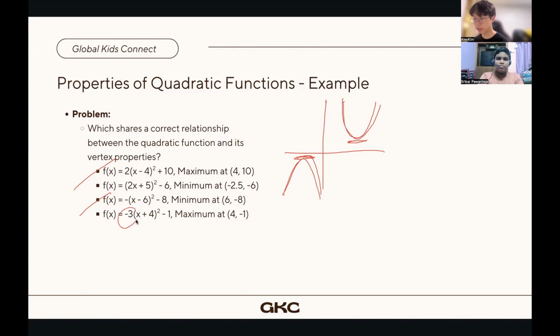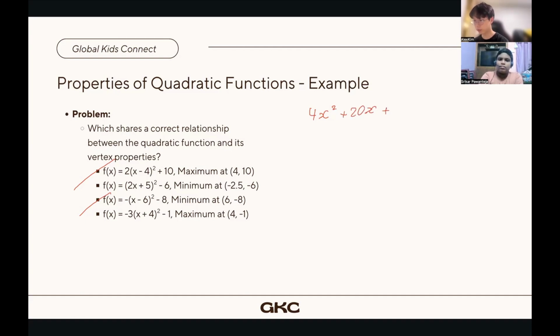Fourth choice, again, it is negative coefficients, but then it correctly states there will be a maximum. And so we just have to find now the actual vertex values for only two choices. And so if we take a look at choice 2 first, then we can see that it's not in vertex form. And so we'll change it into it. And so there's multiple ways. But then for me, I would just solve the entire thing through first